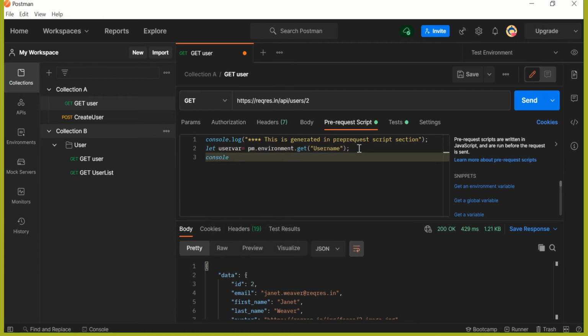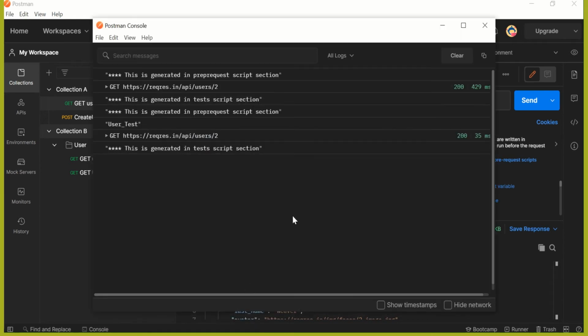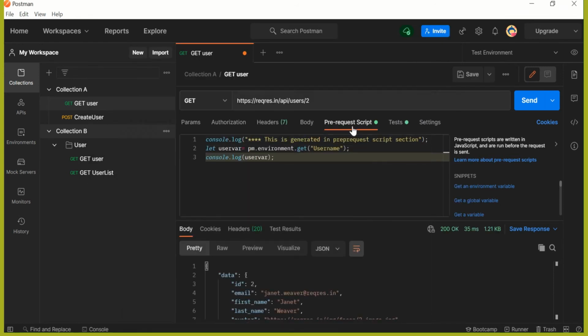First I created a variable with the name uservar, and then I get this environment variable with the name username, and I put the value of this username variable into uservar, and now I'm printing this uservar in a console log. Let's send a request and see if that value is getting printed or not. You can see the value is now printed correctly as user_test, as this is the value that we have in this uservar.